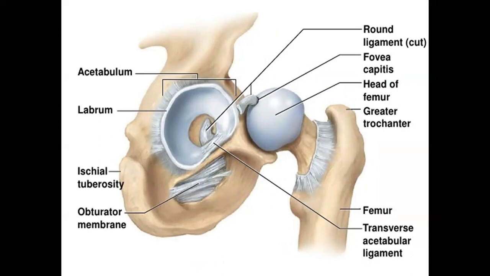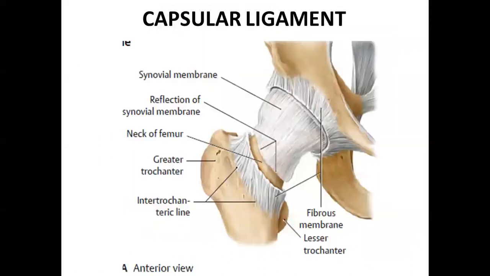Where will the capsule be attached? The capsule attaches on the outer surface of the acetabulum, 5 to 6 millimeters beyond the margin, on the acetabular labrum, on the transverse acetabular ligament, on the neck anteriorly at the intertrochanteric line, and posteriorly before the intertrochanteric crest, okay. Now, when we see this ligament, the second important thing you will remember is that the capsule is thickest anterosuperiorly. This portion is thick and strong, whereas the capsule posteroinferiorly